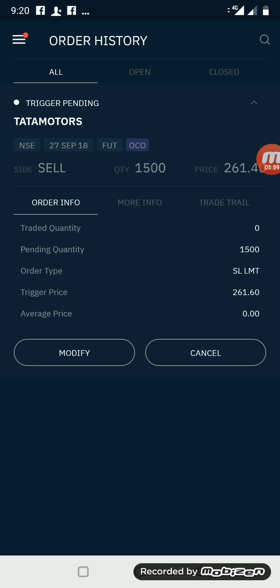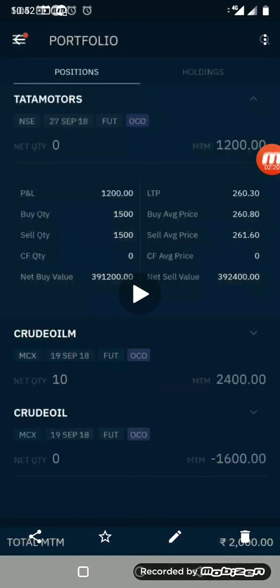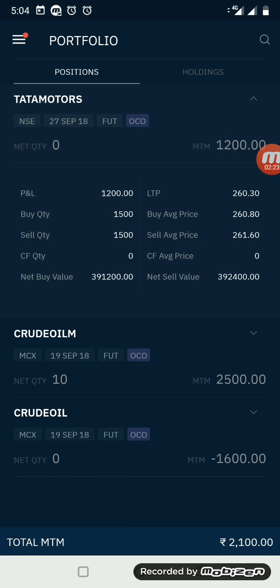You can see that I have already placed the trade, and the target and stop loss also are placed, and I don't have to look into the screen again and again. Within 1 minute I have placed the trade, and my duty is done for the day. I don't have to enter and cancel and all those things. Nothing has to be done. Just to show you the results.